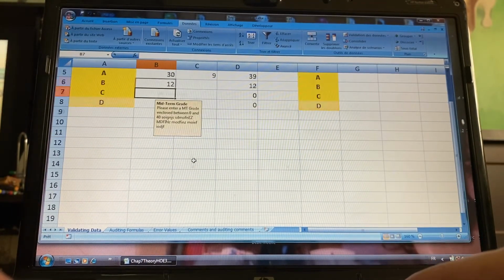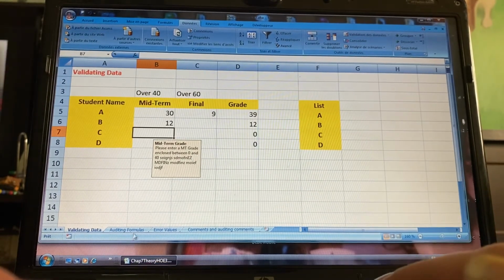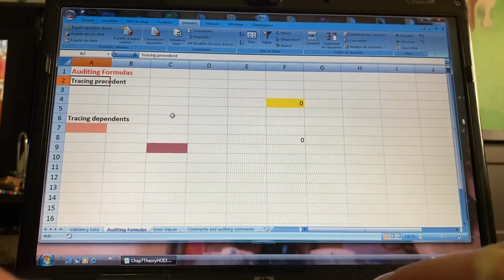Understood? It's fun. I love doing this, validating data. Okay, now we're gonna go to auditing formulas. Auditing formulas, it's